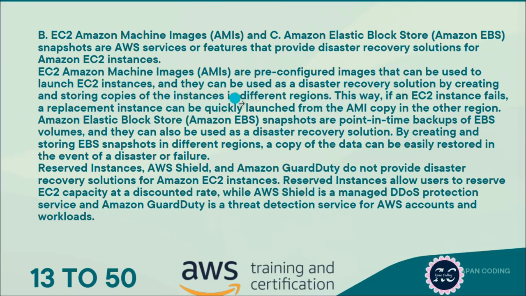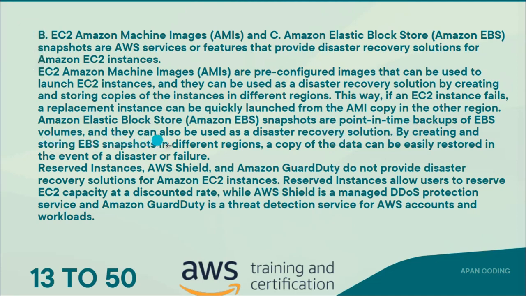Okay, friends, different regions. For example, if you are using an EC2 server, but your data is stored in multiple, different regions, so you can also recover it. This way, if an EC2 instance fails, a replacement instance can be quickly launched from the AMI copy in another region. And Amazon Elastic Block Store EBS snapshots are point-in-time backups of EBS